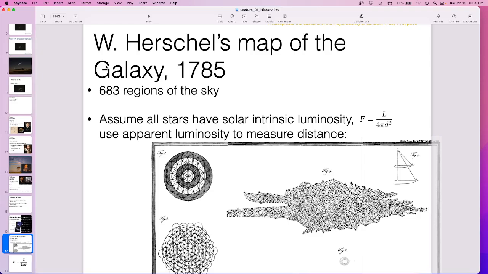So, okay, assume that the stars all have intrinsically some luminosity. The flux that we see is that luminosity divided by the distance squared. This is an equation that I should have on its own page. This is an equation that underpins like 30% of what we talk about. And it made this map.